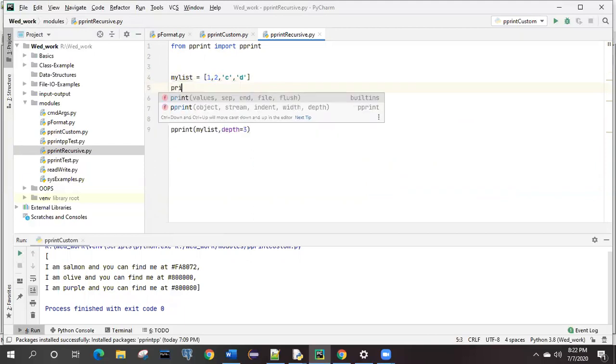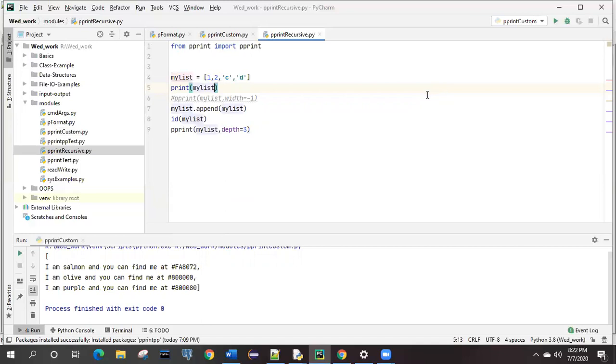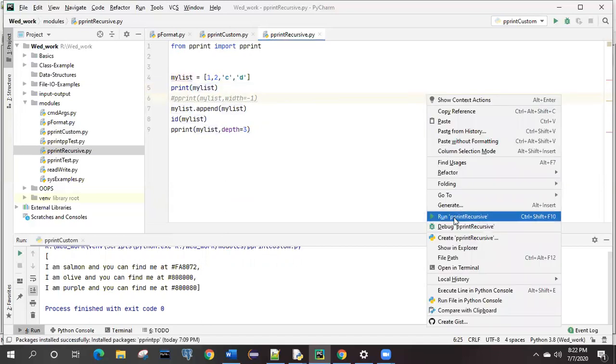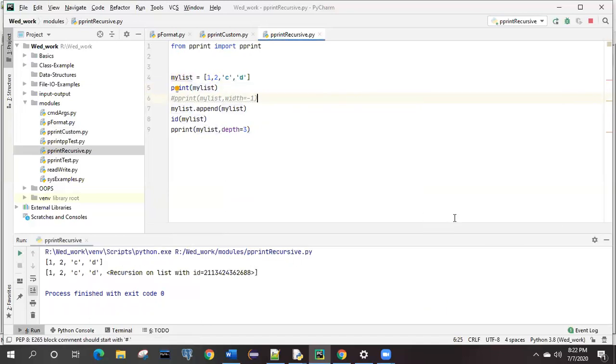Let me print it first, then we will discuss how it is going to work. Forget about the output of the second line, just think about the first line. Whatever list you have created is getting printed in the output window, right?